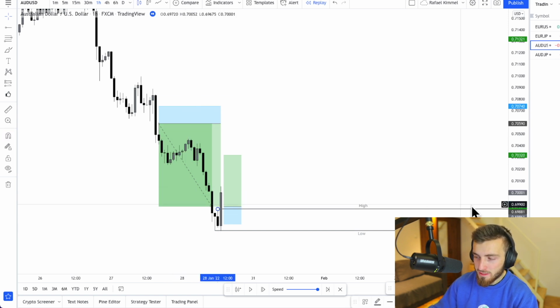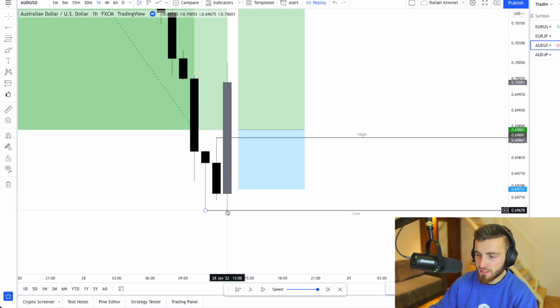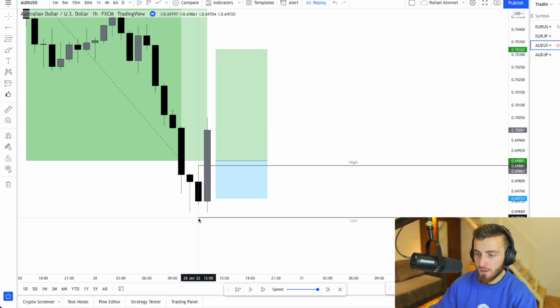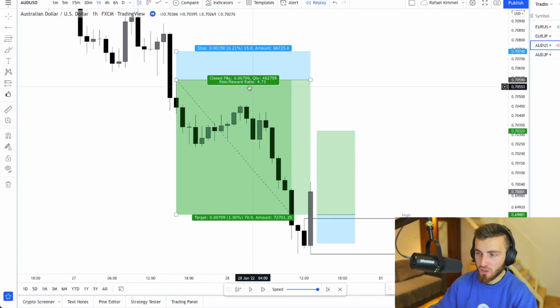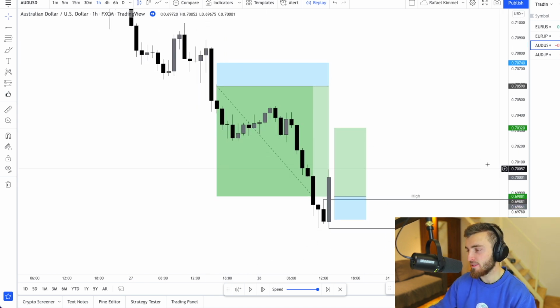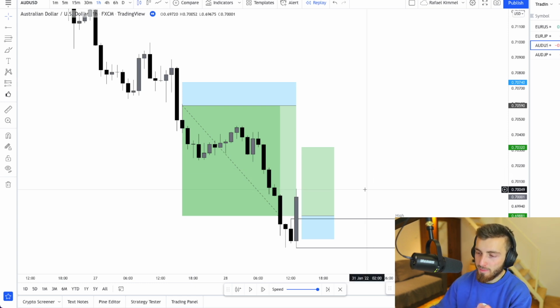And what happens? This just taps the low. It just breaks the low by 2 points, so 0.2 pips, and it impulses up. My bot manages my trade right here. So I wasn't on MetaTrader when this broke the low, but my bot managed the trade right here for 4.73%. And as soon as I checked my phone, I was like, God damn, this is a lot of momentum up.